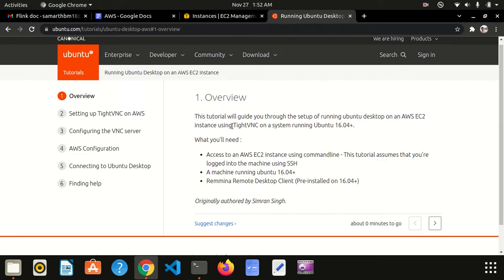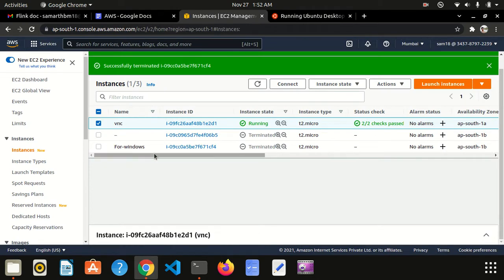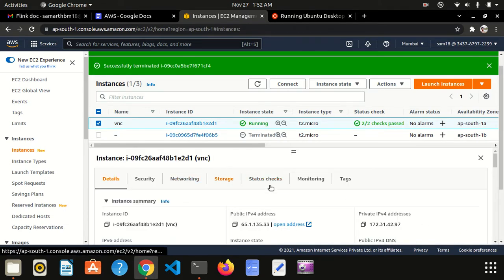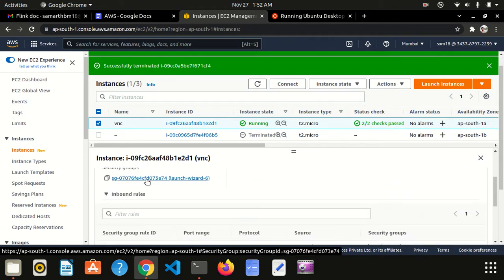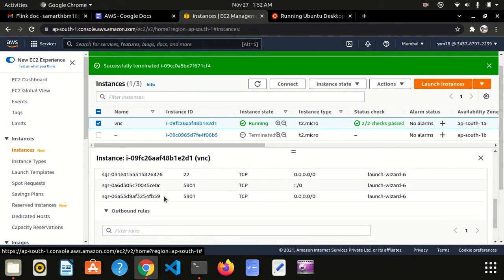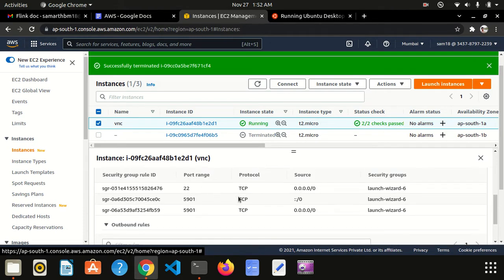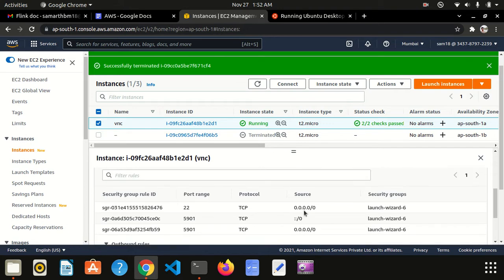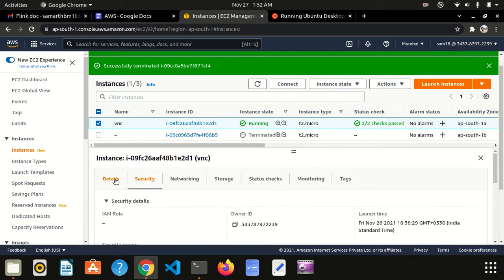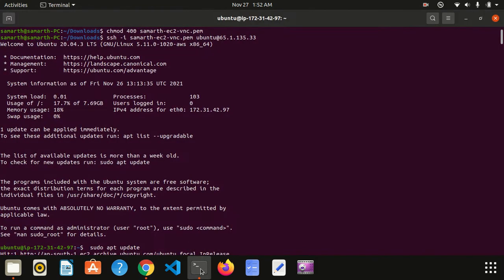Okay. So first of all, I have created an instance already. So VNC, this is my instance that I'll be running for a GUI. You have to make sure that under your security you have given this permission. One is a TCP with port range 5901 and the source as shown here, and another with the same port range, TCP with a different source. Make sure that you have given this while creating your instance, or else you can edit it if you have not. I've already performed this task, but I'll be walking through how to do this.